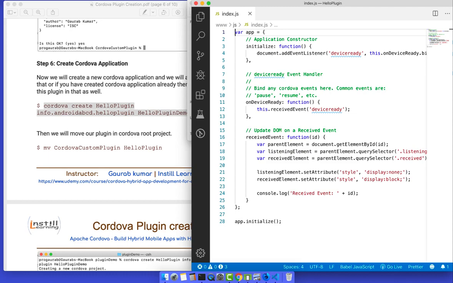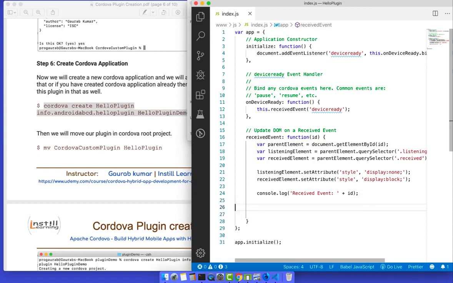So here we will leave everything as usual, we are not doing anything else, only we will add our code here. Consume our plugin, consume custom plugin code. Okay, so here only we will write our code to consume it.